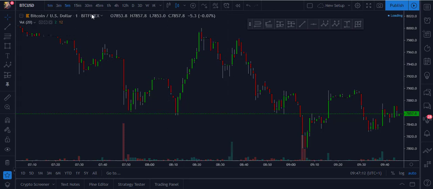Again, you can flip through all the chart timings. It doesn't matter what chart you want to use. Personally, I like to use the 1 minute or the 1 hour, depending on what I'm looking at. Then the 4 hour and the daily. The daily is probably my favourite in terms of longer term investing and trading. Now,